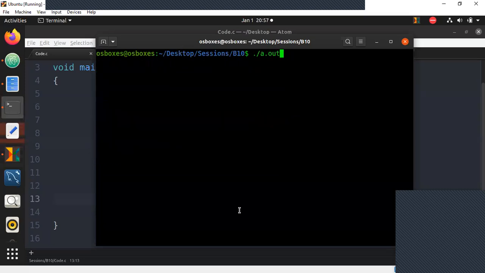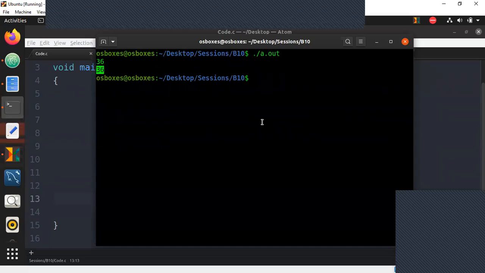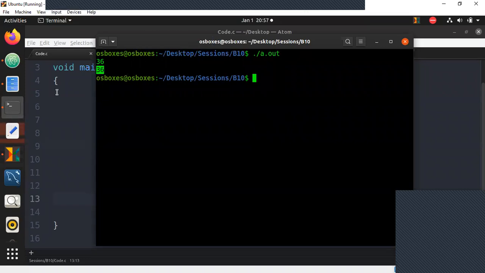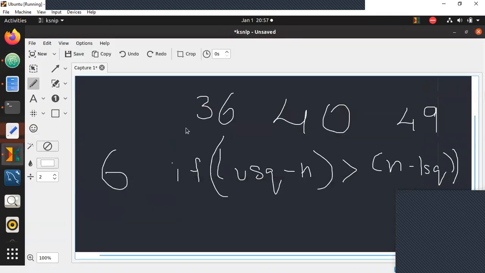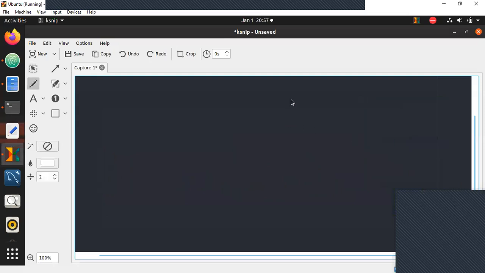Now let me try with one input, 36 itself. Is this the closest perfect square? No. We did not think that the user may enter an input that is exactly a perfect square.